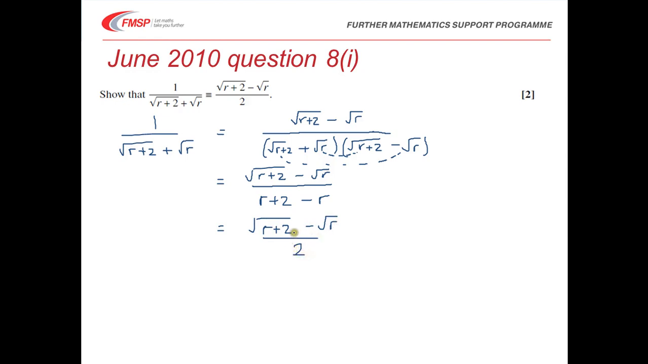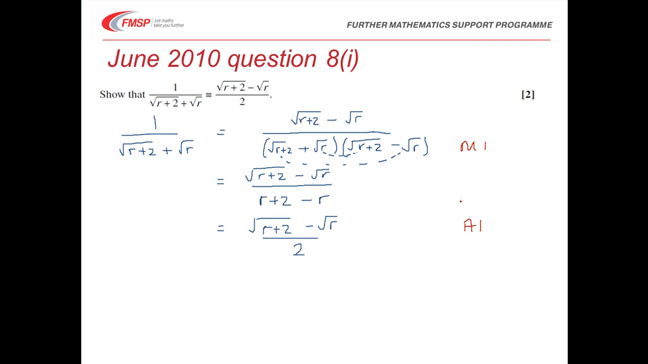So in terms of marks, you're really just going to get a method mark for rationalising the denominator at this point here. So just making sure that method is clear, and then an accuracy mark for getting the right thing